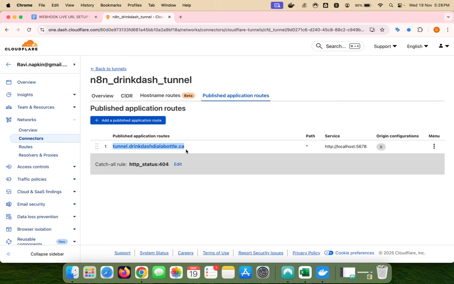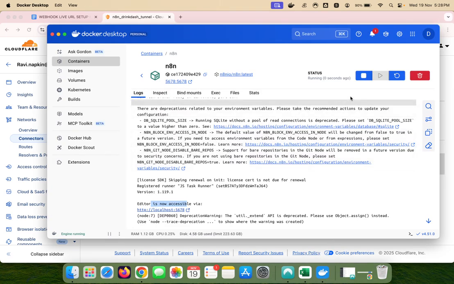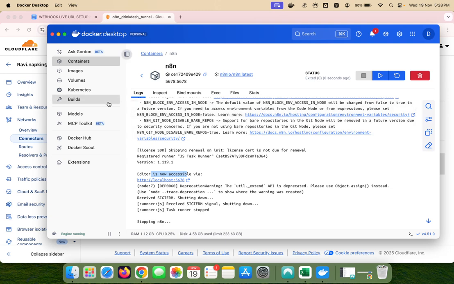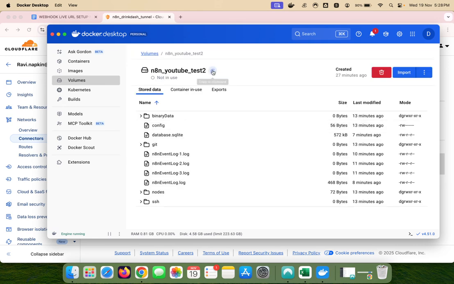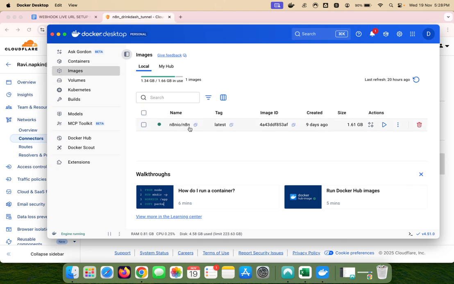to go live. So in order to do that, go back to your Docker desktop. I'm just going to pause this container, and you can see I have many different volumes. I'm just going to use this one, n8n YouTube test 2. And under images, you should have an image of n8n IO. If not, just search for it and pull it